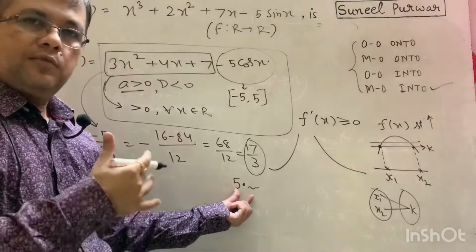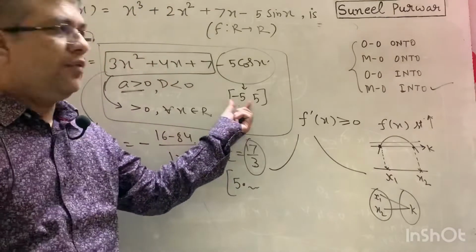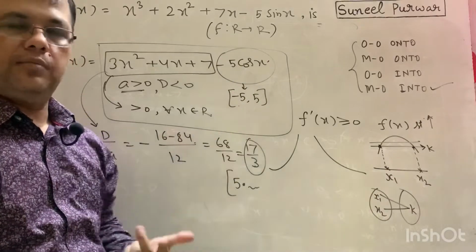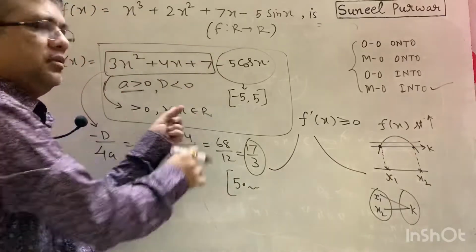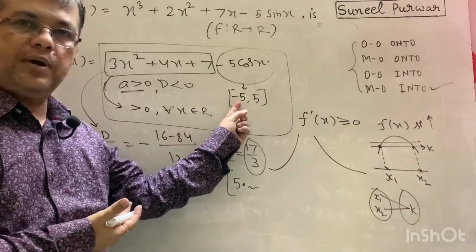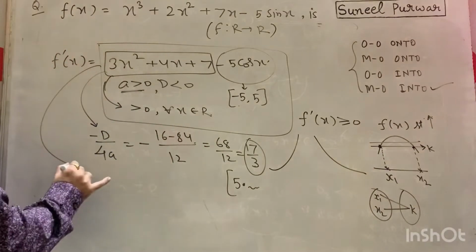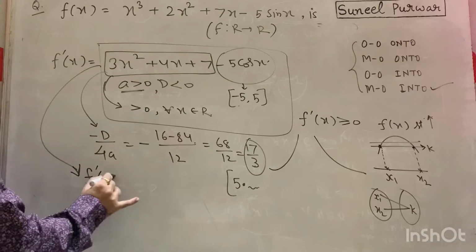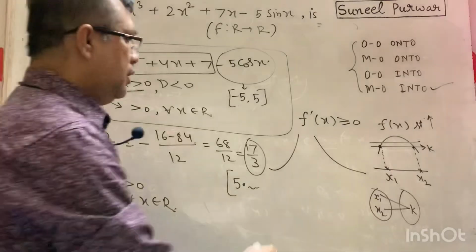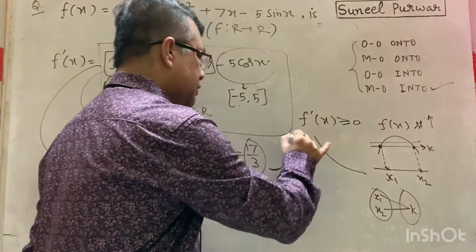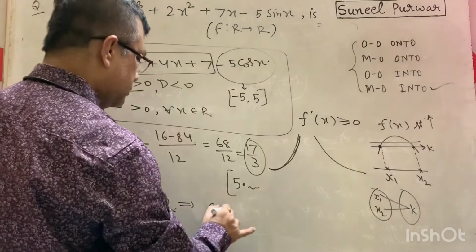So a number 5 point something, when you add it with another number which is going from minus 5 to 5, is this value always positive or not? 5 point something is the minimum value of this. Even if you take the lowest value of it, minus 5, the resultant will be positive only. So we have confirmed that f dash x is positive for all x. And hence the graph of f x is going to be an increasing function, and hence it will be one-one. F is one-one.